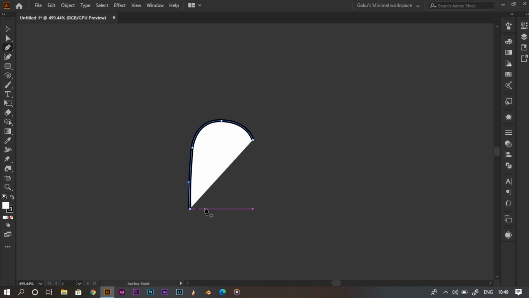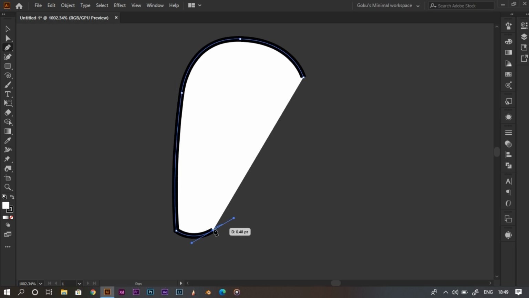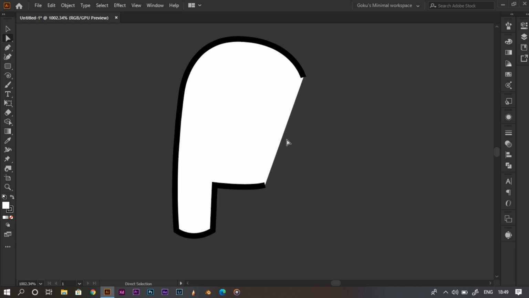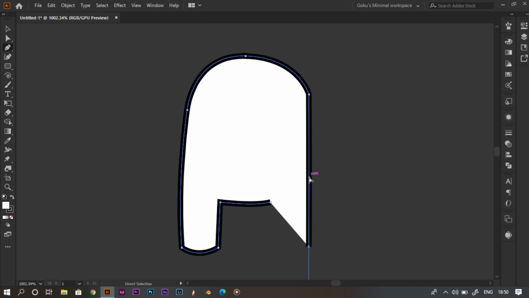Now when we click on a point, it will delete its handle. So we can make an angle, a 90-degree angle from it. Alright, so just click and drag, click on the anchor to break the handle. Just keep doing it to make the shape. Press escape to deselect the shape and click on the anchor point to select the shape again, so we can work on the other part of the area.